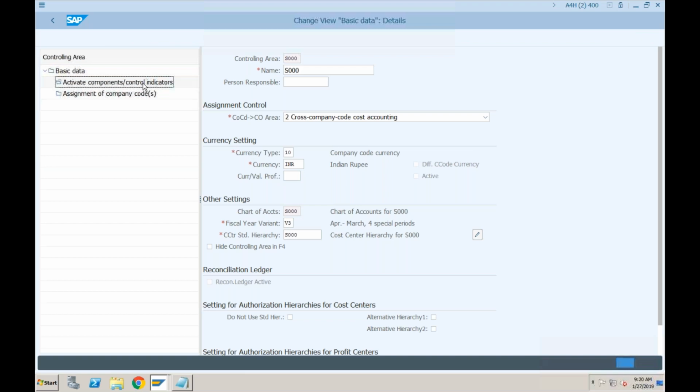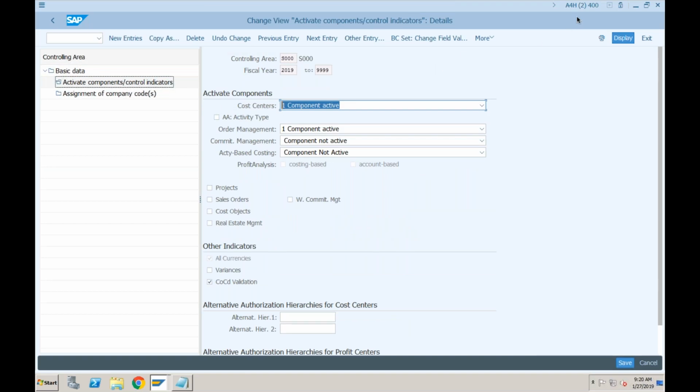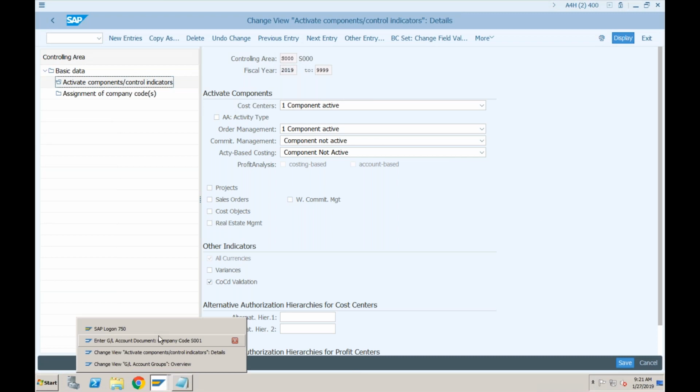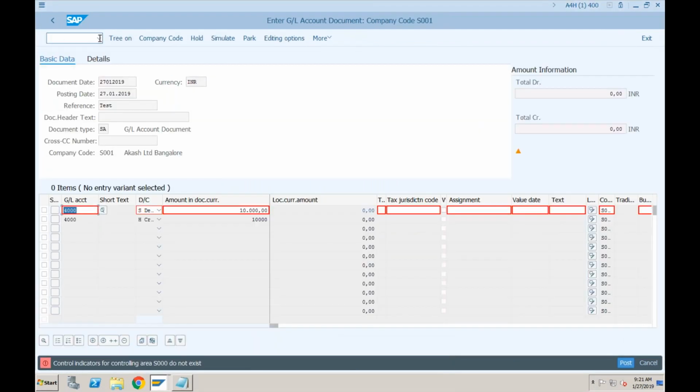Okay, so if you double click on this, what we have done wrong is we specified the fiscal year as 2019. Actually speaking, in terms of financial year, we are in 2018. That is the reason the system is throwing this error message. I don't think there is an option to change this fiscal year, but what we can simply do is change the posting date in the transaction. So let's do FB50 once again,